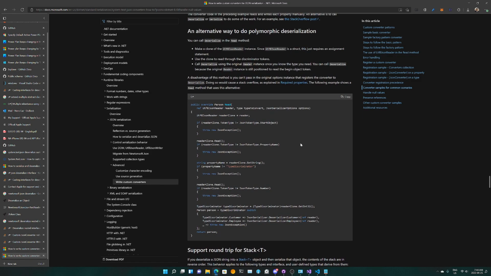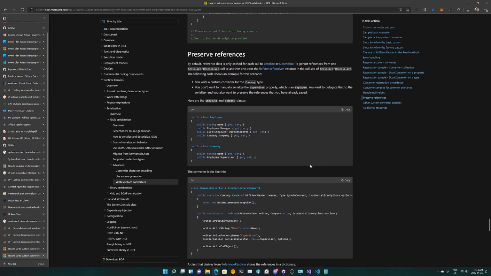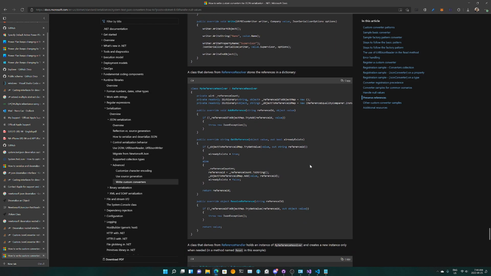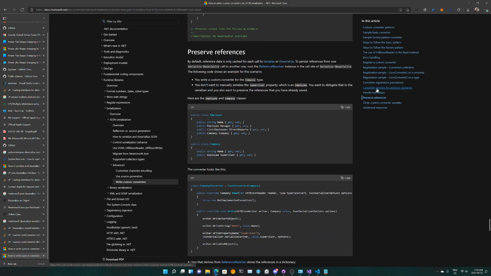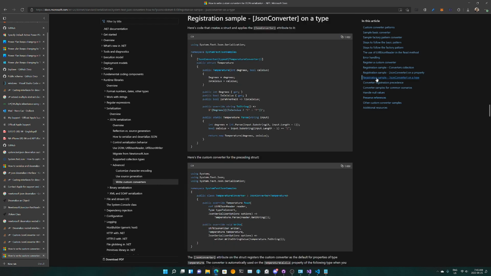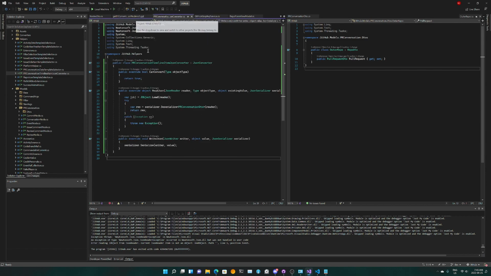Okay, I'm sorry if this has turned into a learning session, but it seems like we can do pretty much the same with System.Text.Json for the converters, and we're gonna try to see if we can do the registration on a type. So let's go take a look. Right here, we're gonna use a new converter, but not in the options over here.